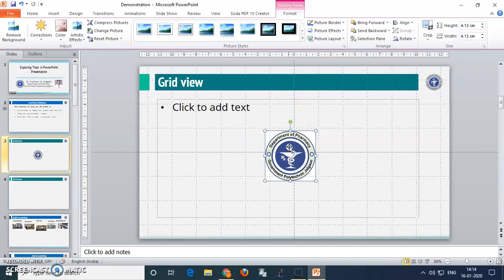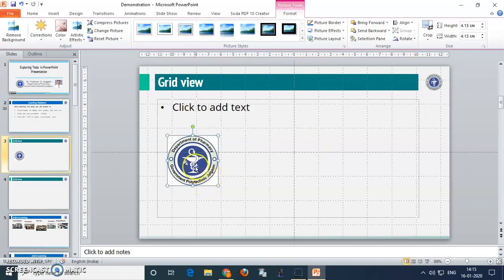So just select the logo. By using the arrow keys you can place the image at exactly the center of this slide. Another option to keep the logo or images at the center: just select the image, then click on the format button.